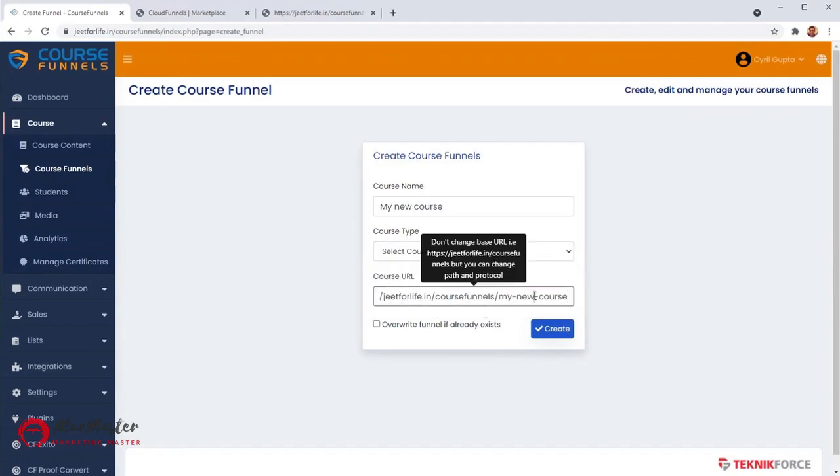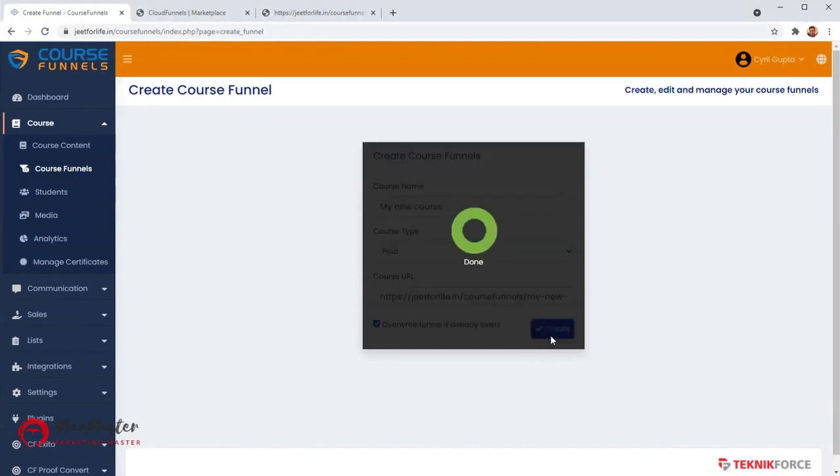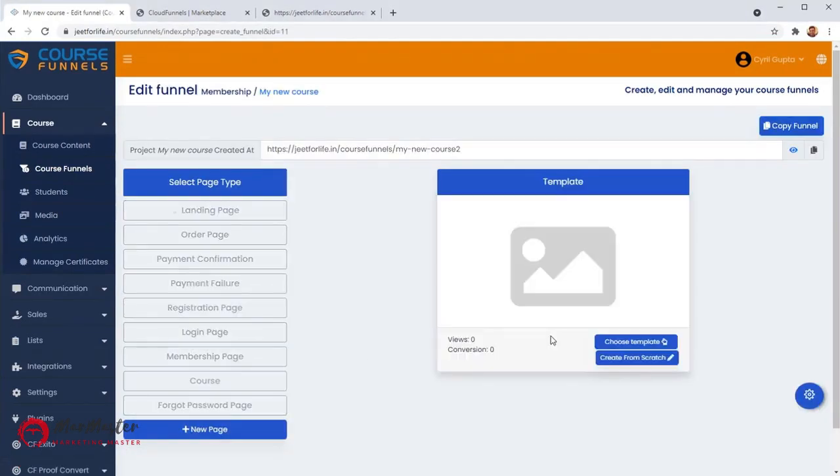And you can select the course URL. Like I told you earlier, CourseFunnels lets you install the training, the course in any subdomain, in any subfolder too. And that is something you cannot do with any other product. But with CourseFunnels, it's super easy. I will just let the defaults be, click on create, and your new funnel, your new course funnel will be